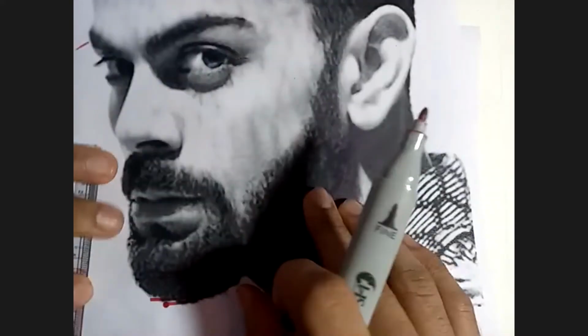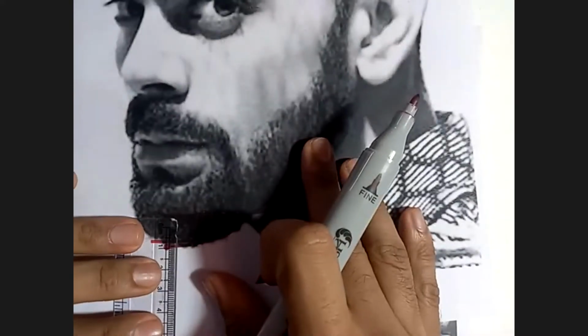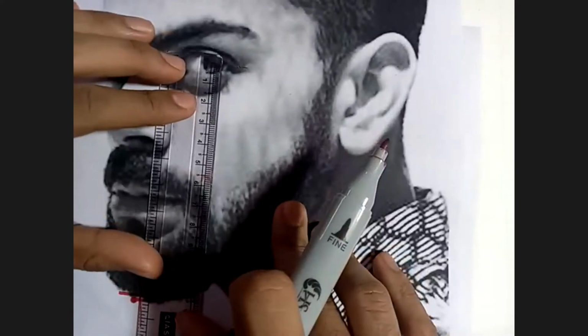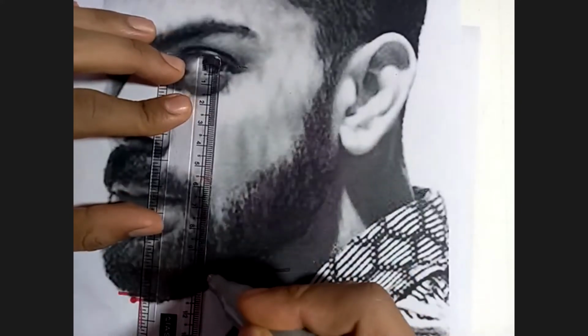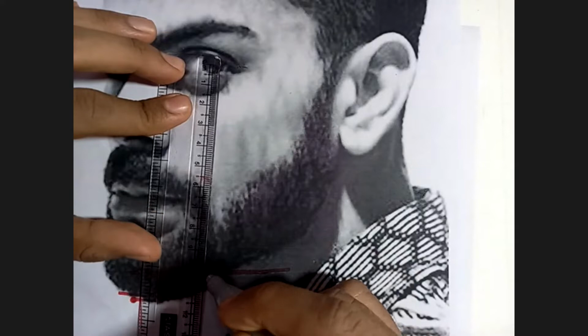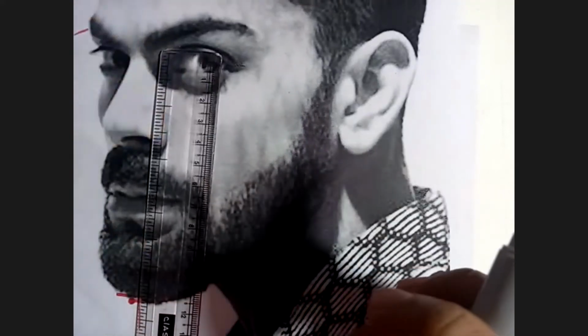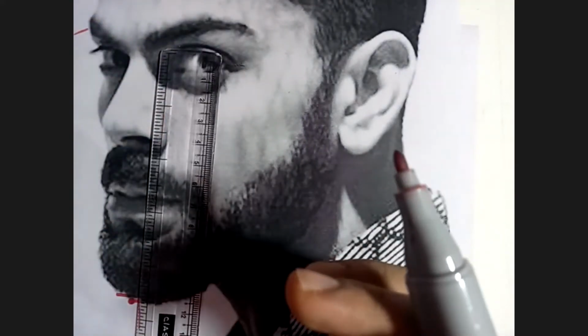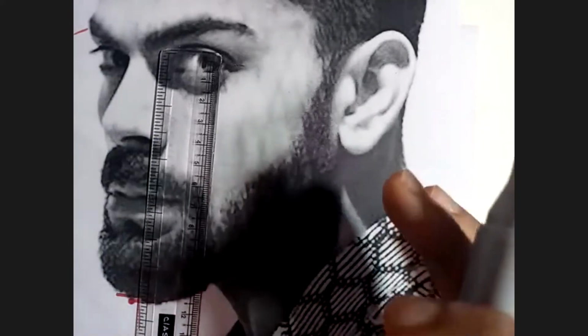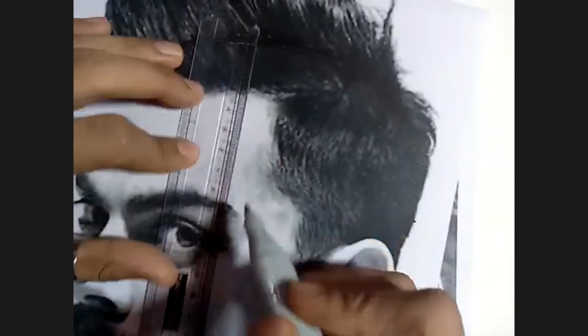So when you consider the center, you're ignoring the beard. When I consider just the chin, it's 10 centimeter. With a slight variation, perhaps 2 mm, 1 mm difference will come, but that's just a miscalculation from my end. Apart from that, this rule, when I take it, is universal.